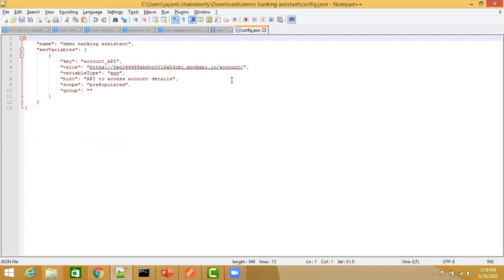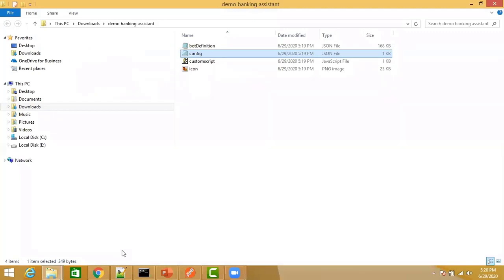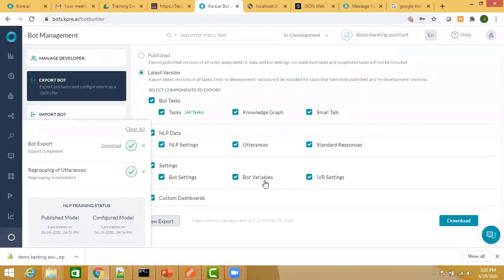Okay, so replace the URL with the new URL, save the config file, and then when you are importing the bot, the new configuration will come into place, and the variables will be created with the new URL that you have provided. Okay, so that is the advantage that you have.